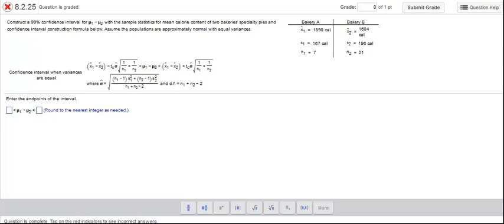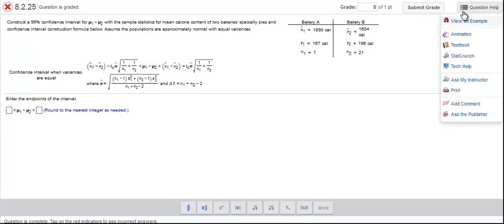Hi everyone. In this video we're going to talk about how to find the endpoints of a confidence interval. Now in this problem you can see that we're asked to work with a 99% confidence interval and we're given some data. But before diving into the problem for homework, what I suggest doing is going to the question help area,